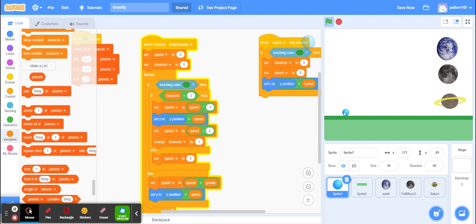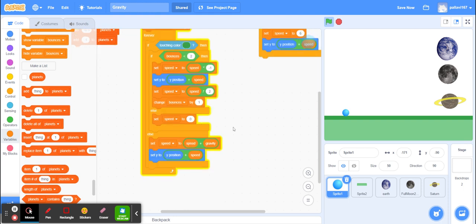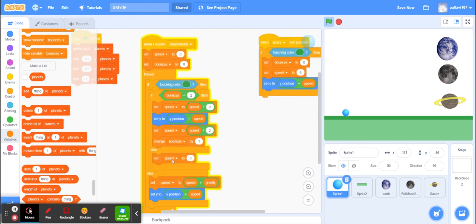Okay, and once it completes its bouncing once, then I'm going to increment it by another value so that the ball bounces twice. Okay, and in the second bounce the speed is going to be less. Now if the ball is on the ground, then I want its speed to be 0 because it is steady. Okay, only for that fraction of a second. So this is the code for making the ball bounce twice.